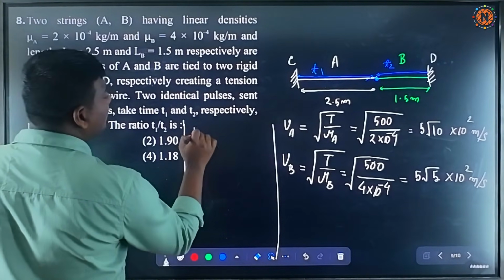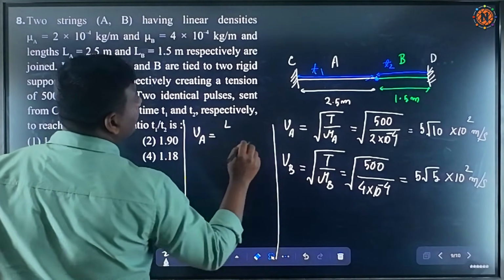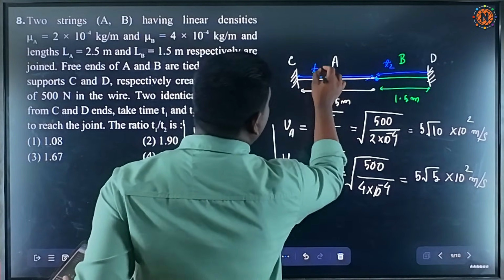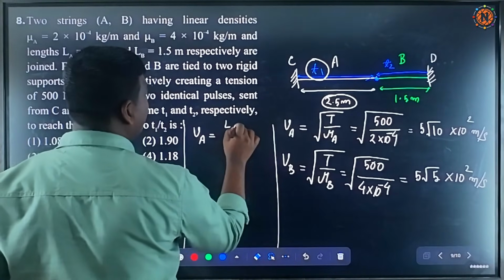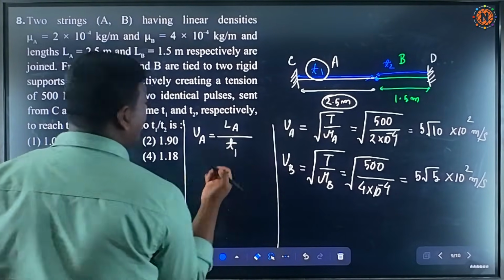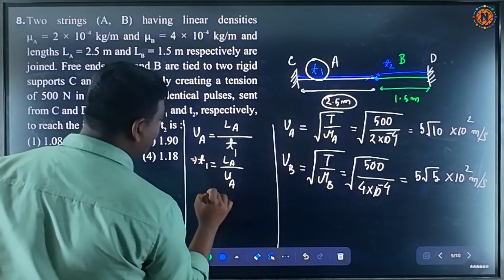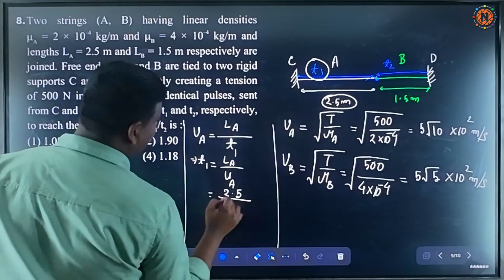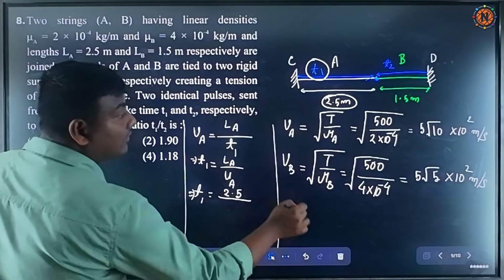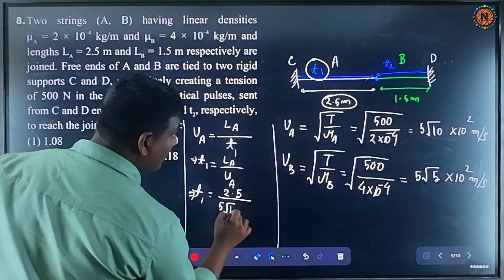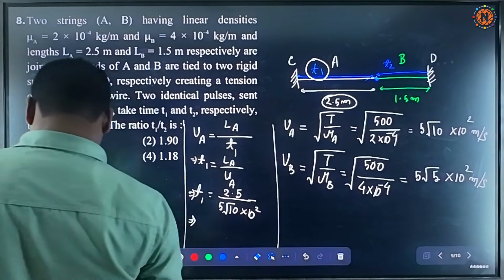Okay, since speed of pulse A can be written as, this pulse will take time T1 and the length is how much? Length is 2.5 meter. So we can write LA by T1. So from here we can find T1. T1 will be how much? LA by VA. That will be LA is given as 2.5 meter and VA is, we already got 5 root 10 into 10 to the power 2. Okay, so T1 you will get,